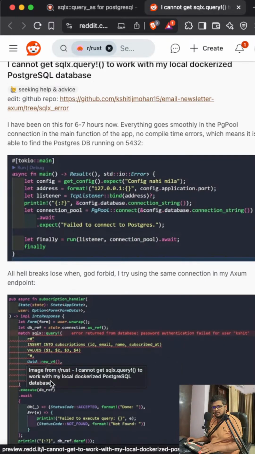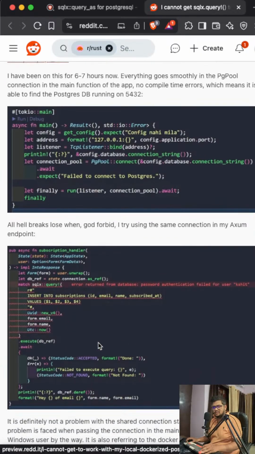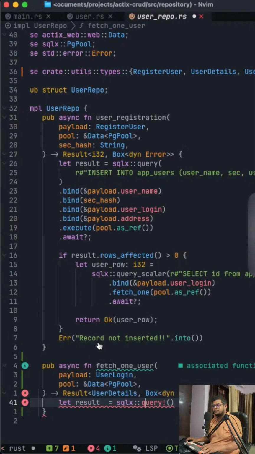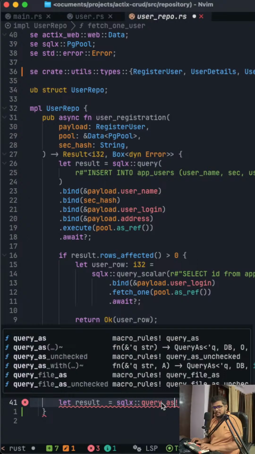For this there will be an error. Why? Acha, it is $1, $2. Hmm, query. Maybe I can use query as